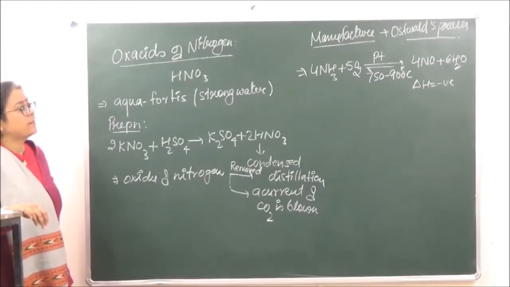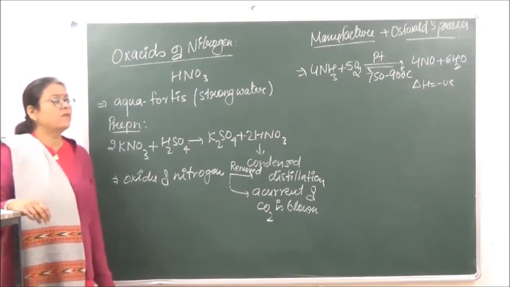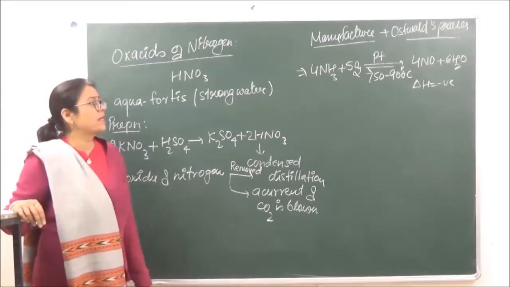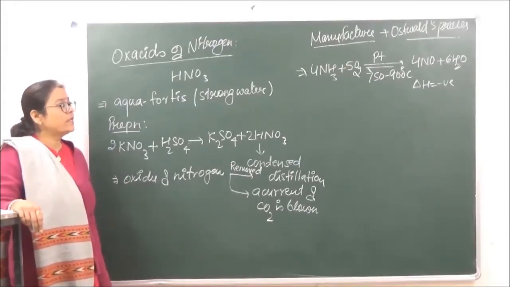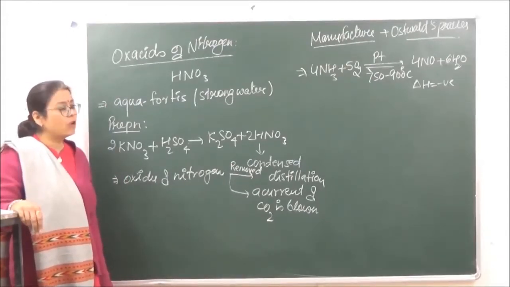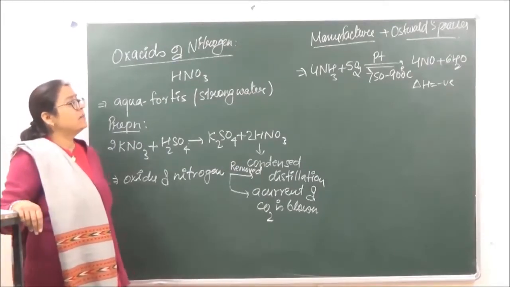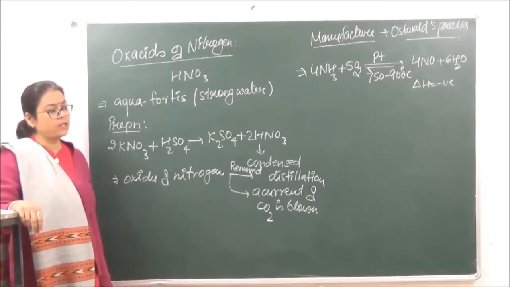As you can see, the temperature in this is very, very high, 750 से लेके 900 degree centigrade तक है temperature, which is quite high. तो ये जो डेल्टा H नेगेटिव है, जो हीट इसमें से इवॉल्व होती है, that helps in maintaining the temperature. ठीक है?